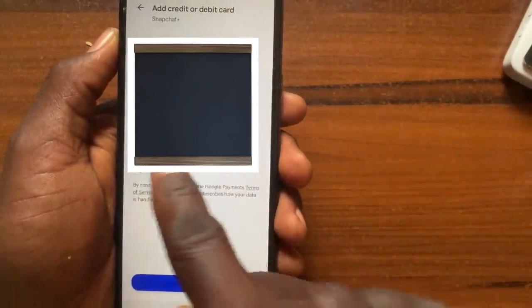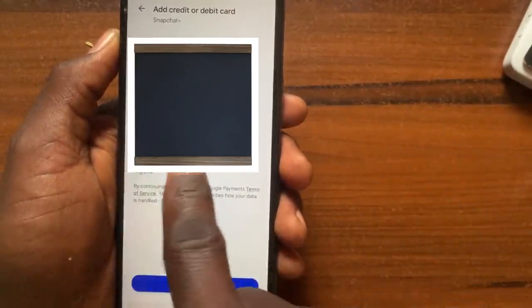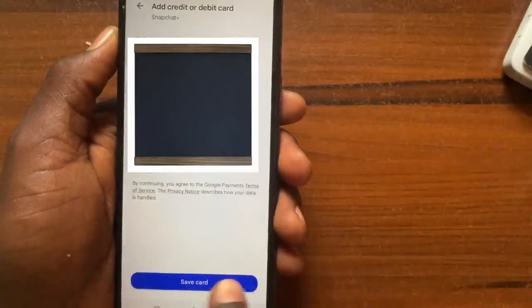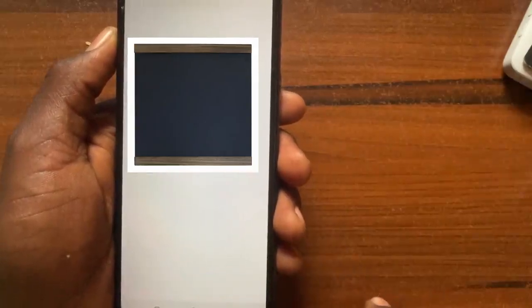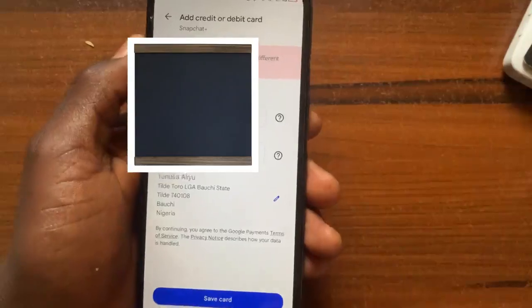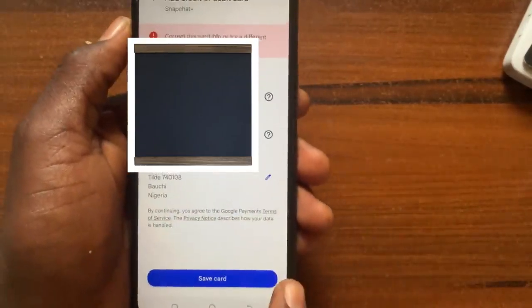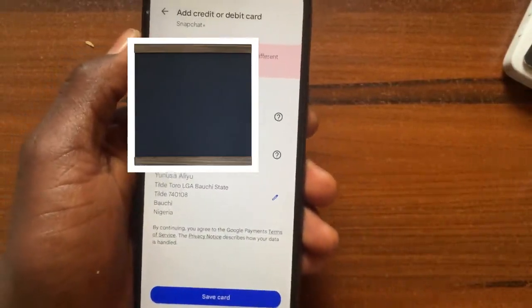As you can see here, it will ask for some address, so you need to add your address. I added my address as well. So tap on this, save card. I'm having an issue because my card is not working. After you tap on this save card button, from there it will allow you to subscribe to Snapchat